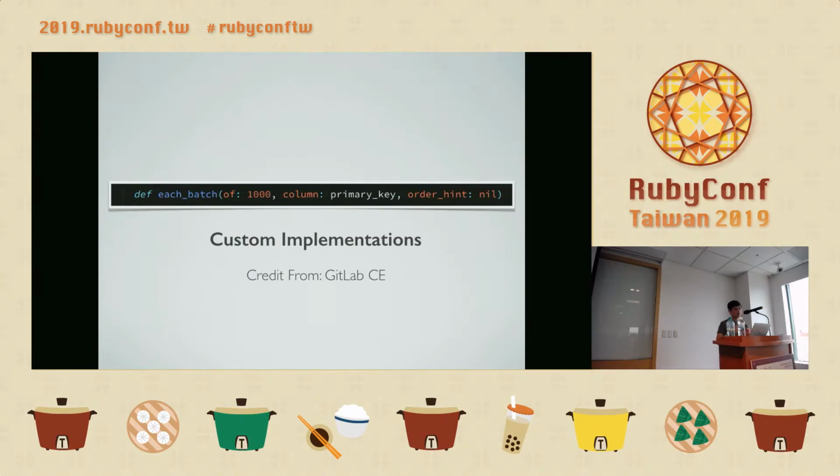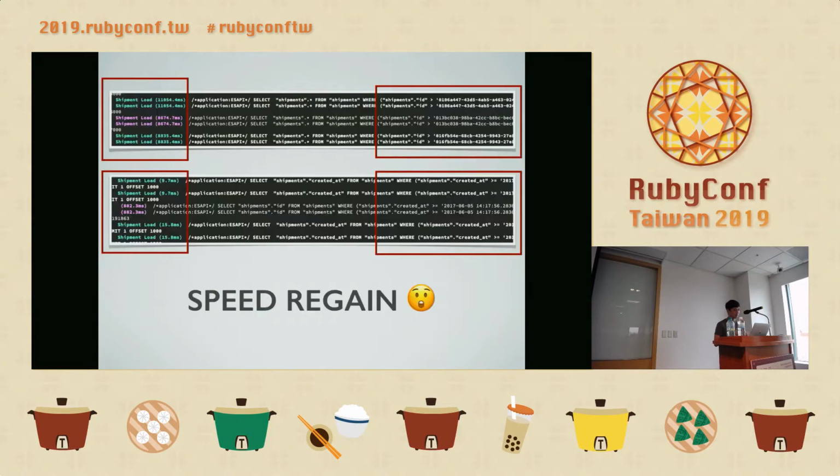By looking up a few sources, I saw there's a custom implementation from GitLab that allows a target column to be specified in batch functions. This is actually what I was looking for. Maybe it needs a little modification, but it does the job for us. So later I changed to a sortable column like created_at. The speed seems to come back to normal again, down to less than a second. Maybe not correct enough and needs some tweaks. I suppose this is a way better result compared to the previous one.